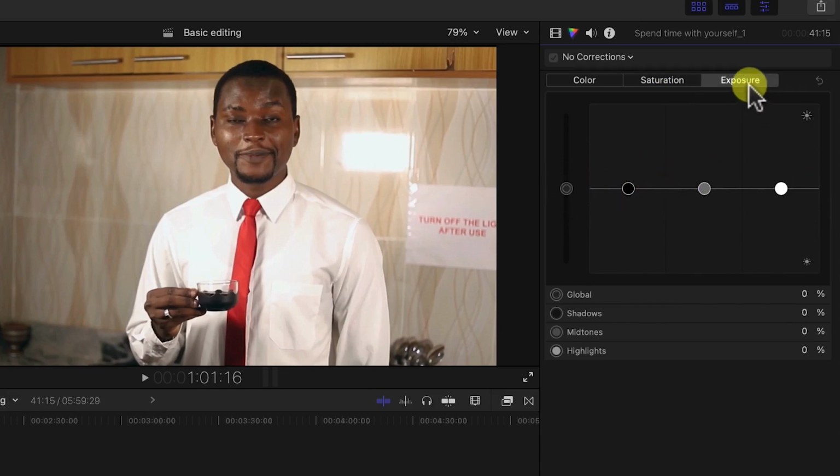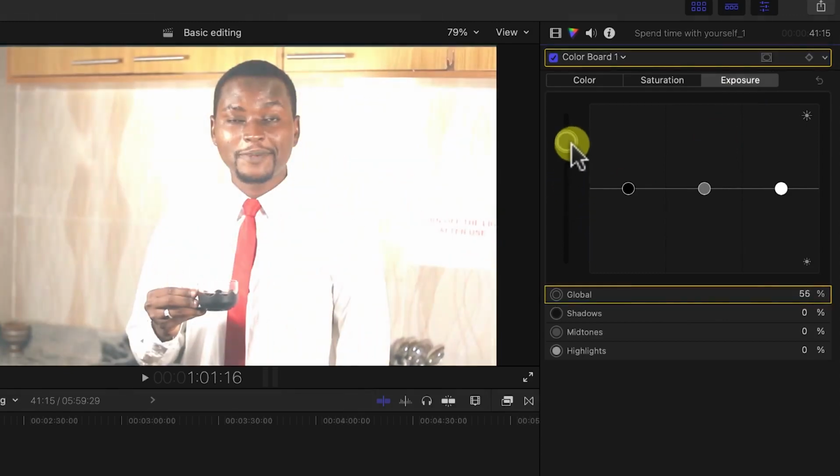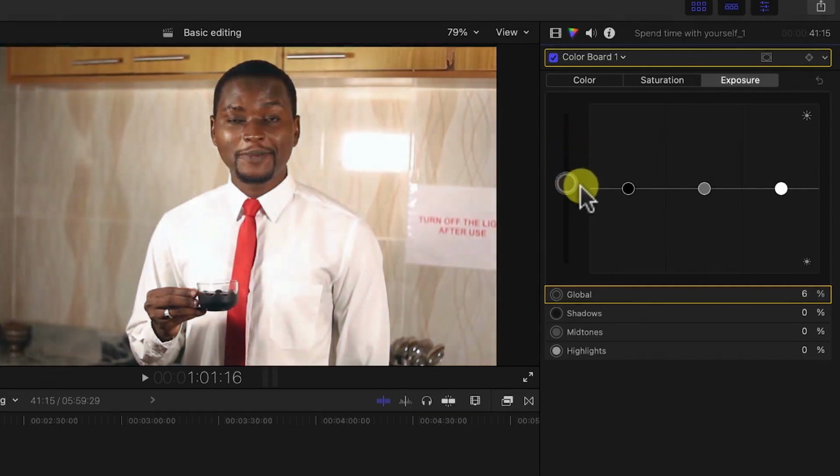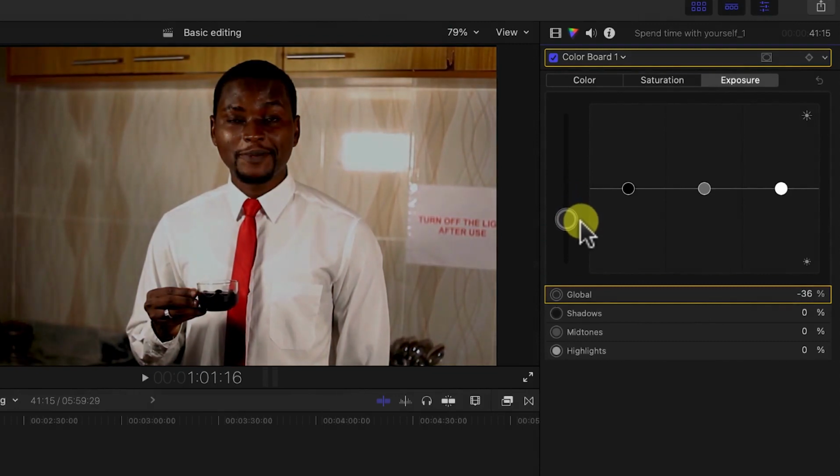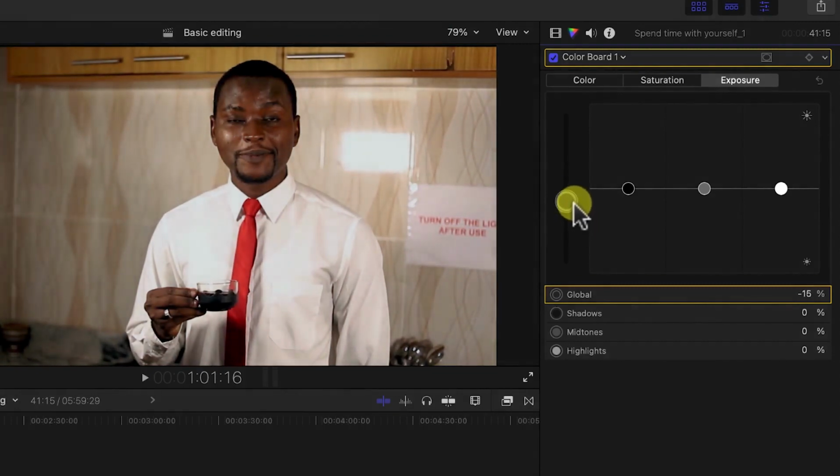Then we have the exposure, the rate of exposure of the image. You can control that also from the global perspective. When you use these, you can increase or decrease, and you can see the global exposure is being increased, or you can bring it down to the barest minimum. You don't want to make it too much because it will be too dark. You just have to tweak it a little bit to some extent,